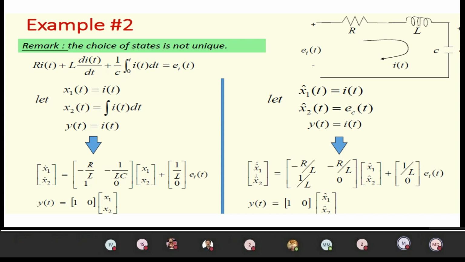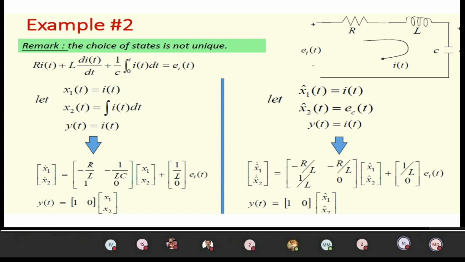So here the equation is given. We are taking the denominator: s cube gives c triple dot, plus 9 into s square gives 9 into c double dot, plus 26 into c dot, plus 24 c, equal to 24 into r.